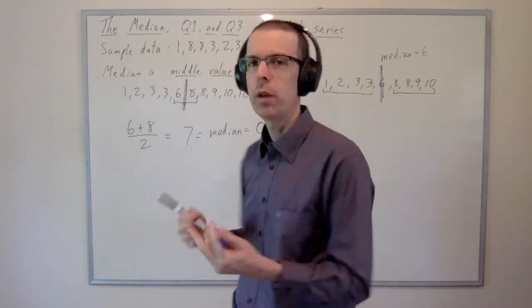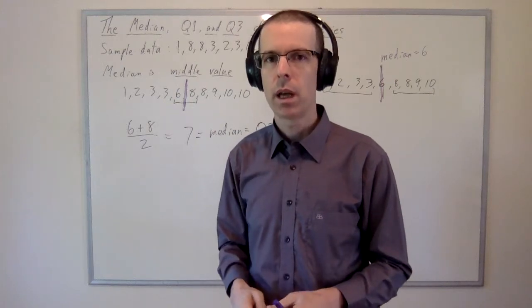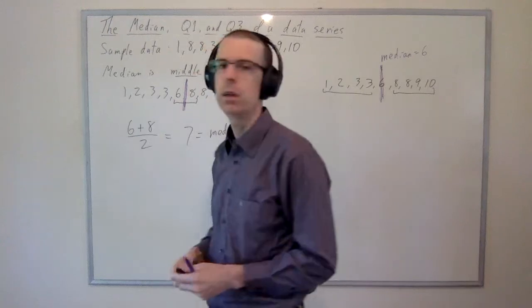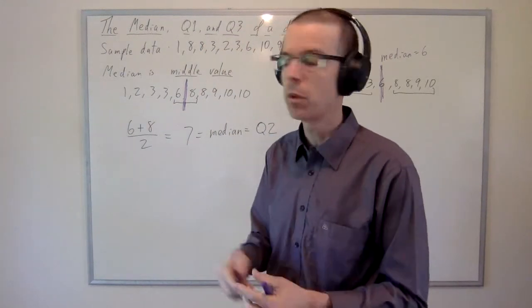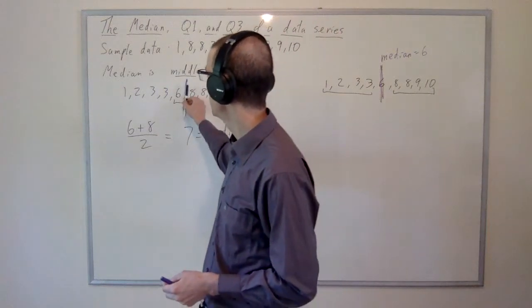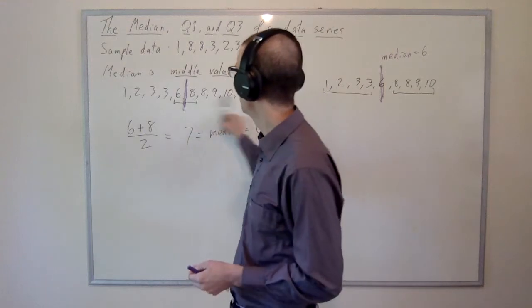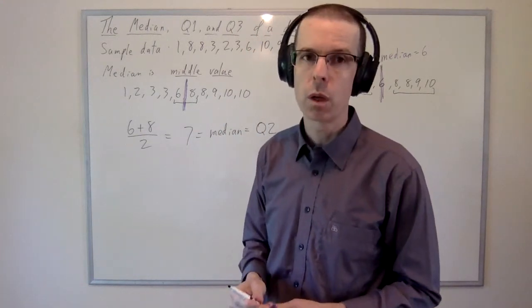And there's a little bit of a finesse that has to happen whether the data is even or odd. What if we want to divide the data into quarters? Well, then basically we take the halves that we've created by dividing it by the median, and we cut those halves in half in order to further subdivide. And so basically what we're doing here is we're taking the lower segment and finding the median of the lower segment. We're taking the upper segment and finding the median of the upper segment in order to further subdivide into